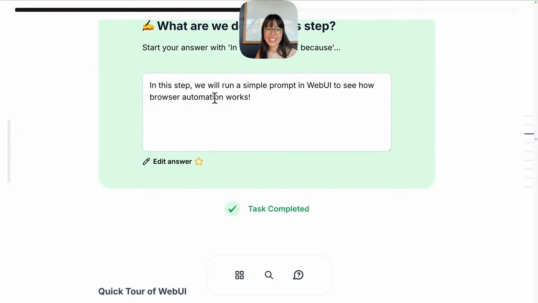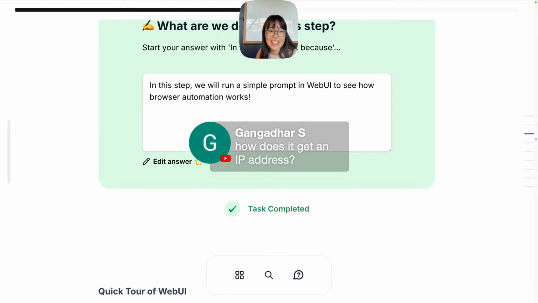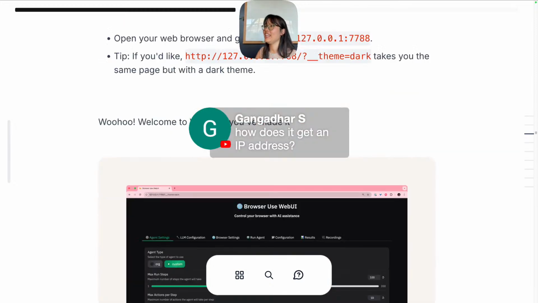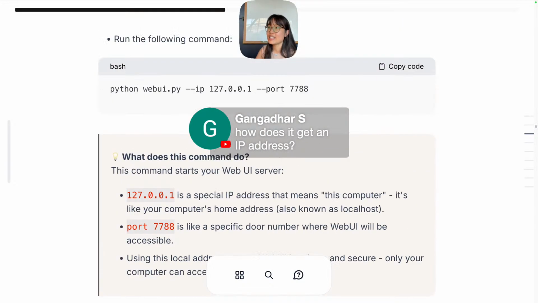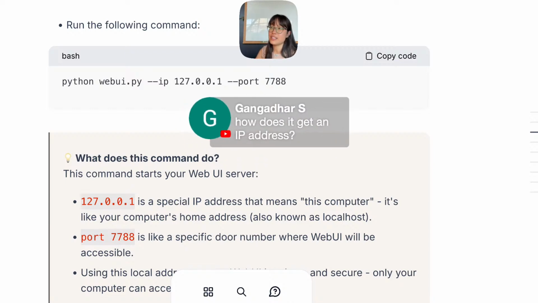Okay, great. Gangada asked a great question here. How does it get an IP address? That's a good question, and I'll explain this in a bit more depth. So in this command here, we're saying, hey Python, can you please run this file called webui.python? And when you run it, put it inside this IP address called